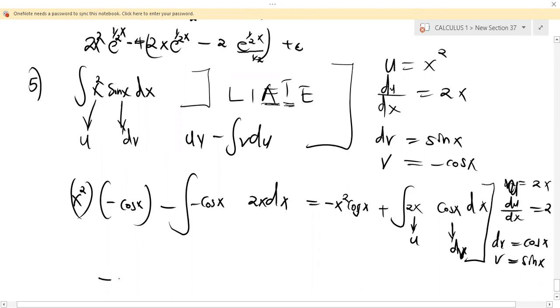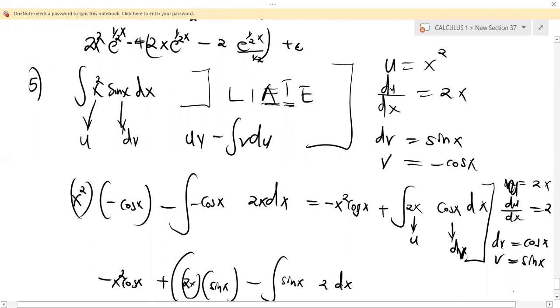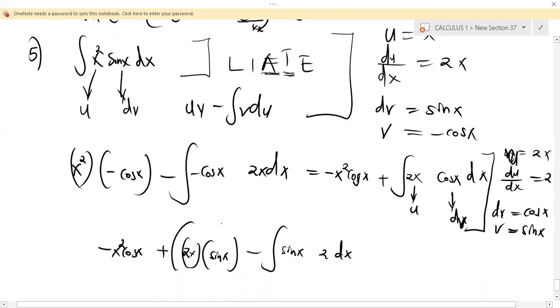So we are going to have minus x squared cos x plus, now carrying out the integral of this, we are going to use the integration by parts formula uv. So our u is 2x multiplied by v, which is sin x, minus integral of v, sin x, multiplied by du. And if you look, du will be 2 dx. So simplifying this, we will get